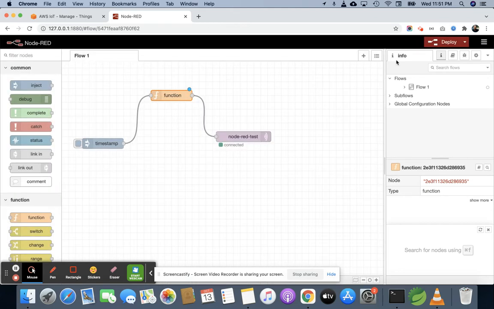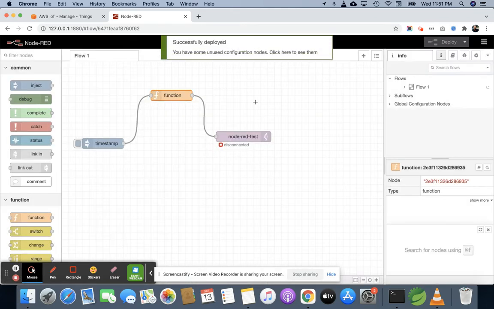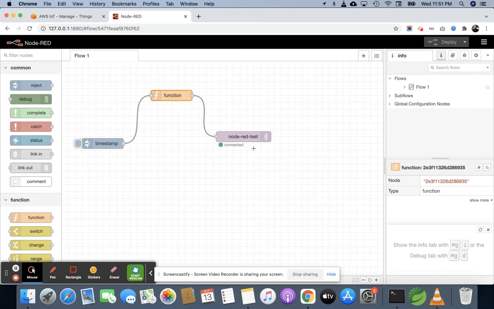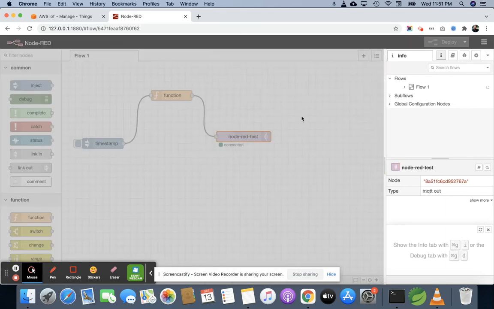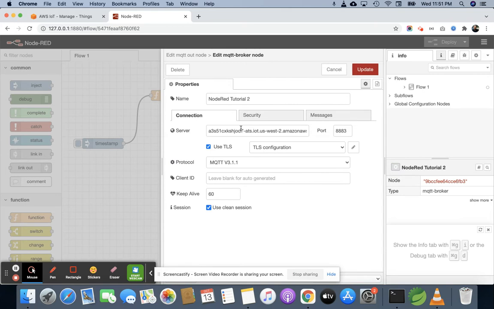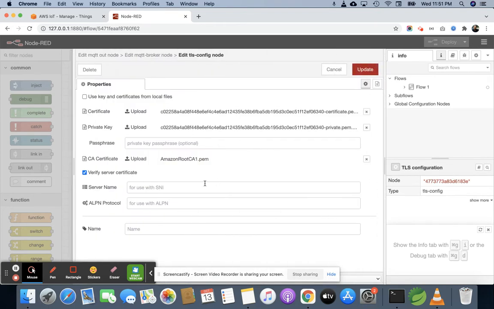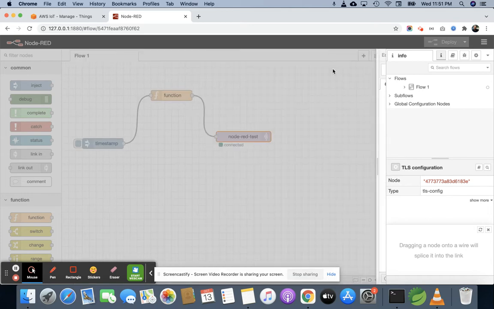Once you click on done, just click on deploy, because without deploying it will not be reflected, right? So you can see this Node-RED test has been connected, and as I already explained, you can connect your endpoint and the certificate. This is the endpoint where we are sending the data, and these are all the certificates which we are currently using. I have explained all these things in my previous video, right?